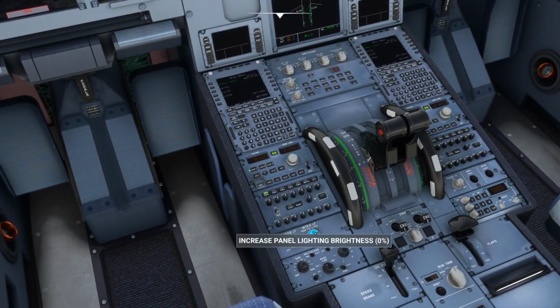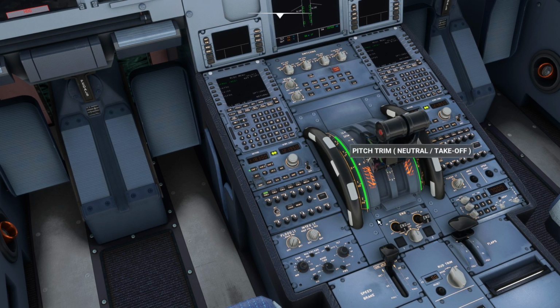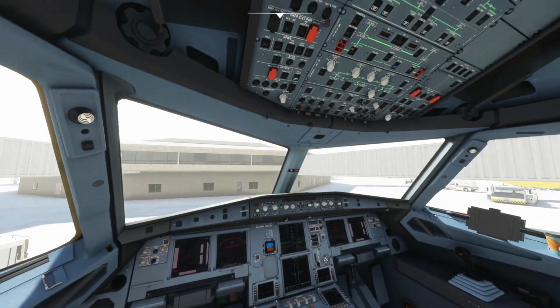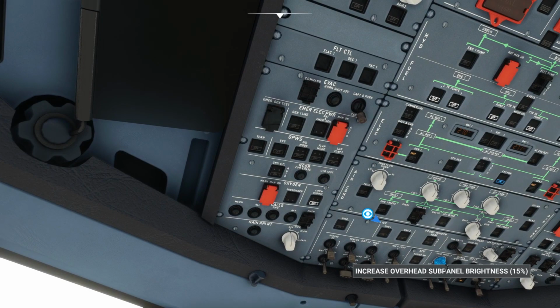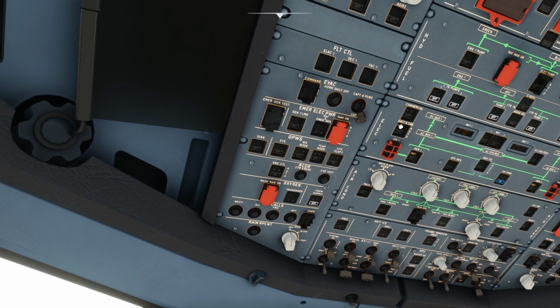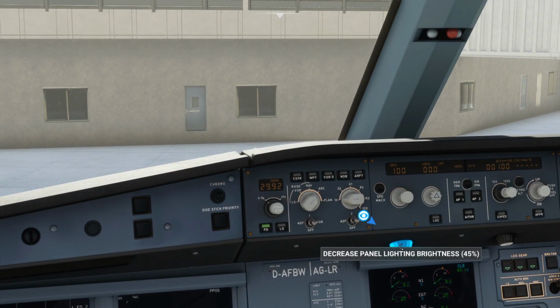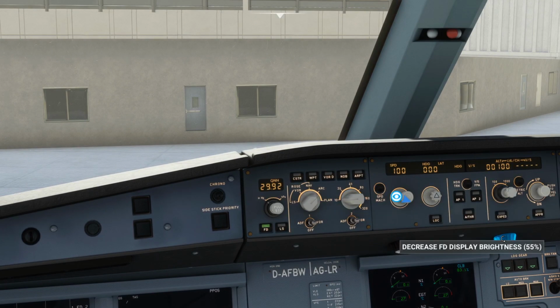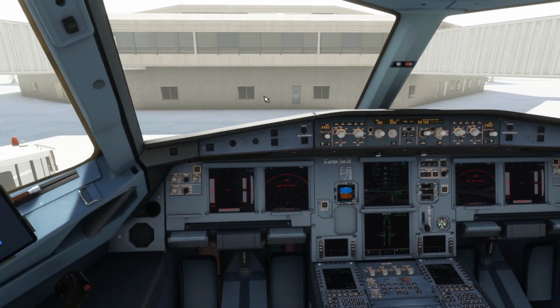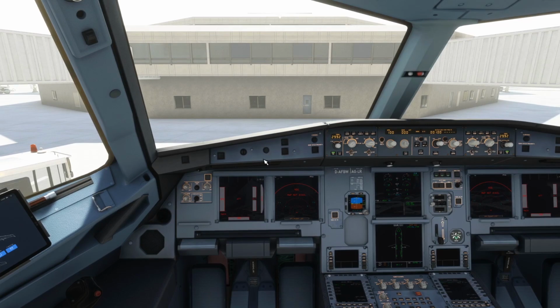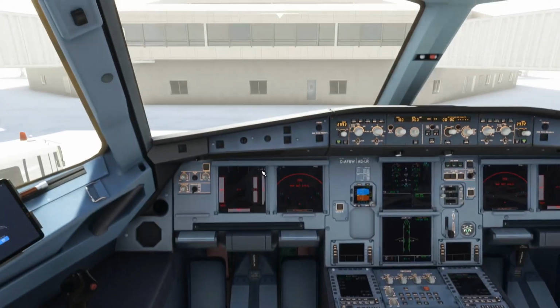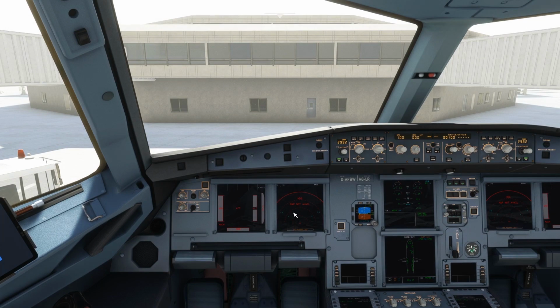If you're flying in the night, you can also increase the lighting of this panel. But right now it's daytime so that you cannot see it. But in the night it looks really good. And for the overhead panel, you can also increase the brightness and decrease the brightness. You can see now the lights are on. And plus from here you can increase the panel brightness. You can see it's increasing, and plus for this display also you can increase it. It looks nice in the night, but anyhow we are flying in the morning, so that's why it's not that good, but still that's it. So once you have increased the brightness and everything,